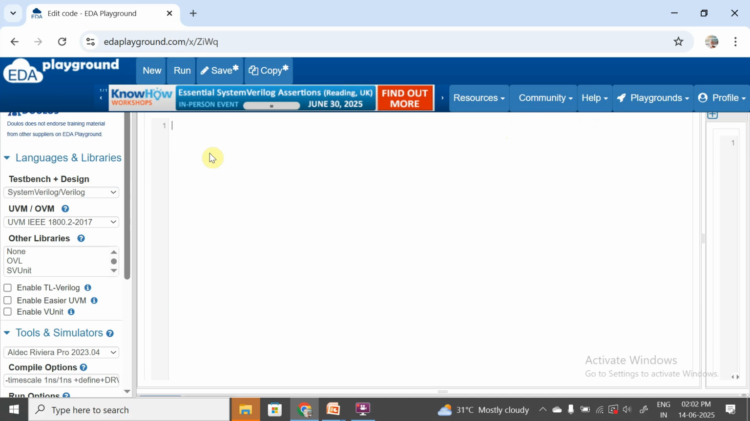First I'm opening my EDA Playground. Make sure that when you're trying your code in EDA Playground, you have selected the UVM option. You should also include the libraries: `include "uvm_macros.svh", and you should also have import uvm_pkg::*. So I'm importing this, and afterwards